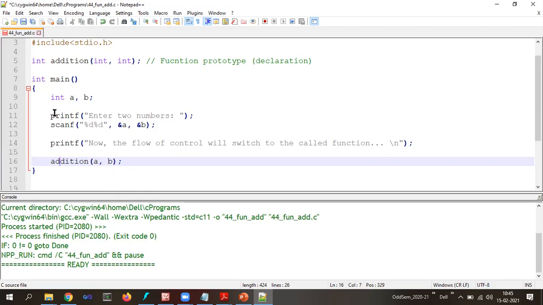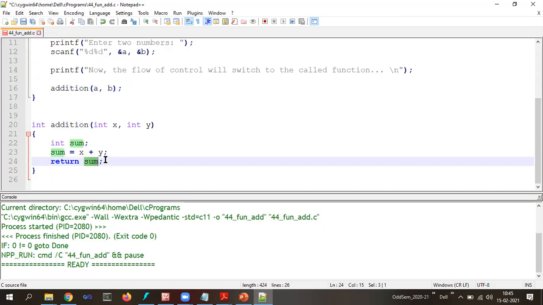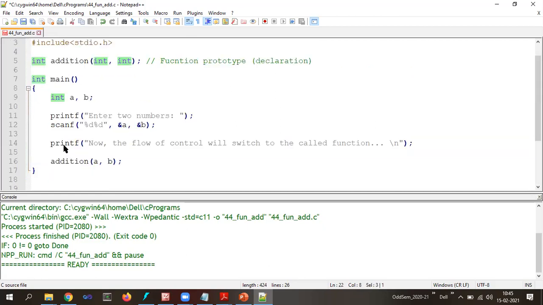Return type, right? Since this function, when it gets called, it is going to return some value, that value has to be stored in one of the variables. That variable data type is going to be what? Integer, because it is returning an int value. Sum is of integer data type. So I will require some storage, which I will declare to be add. Then I will change the function call to be add equals to.